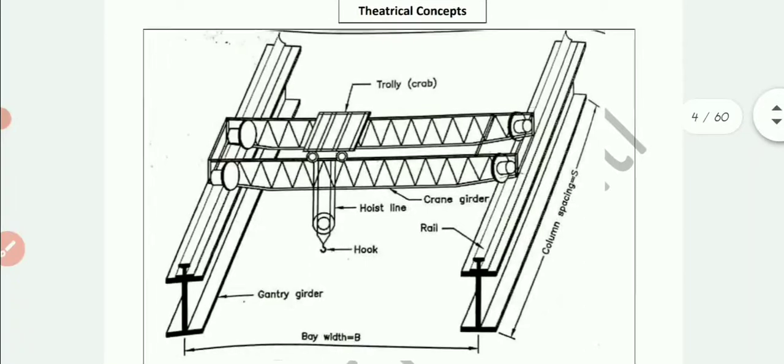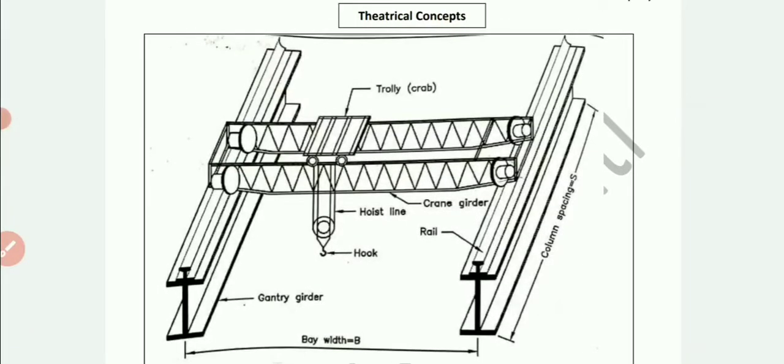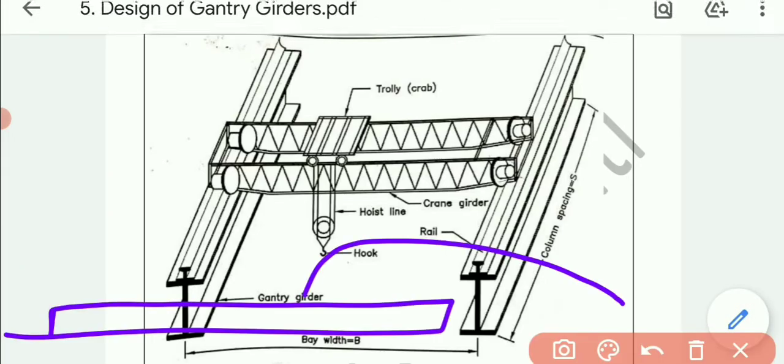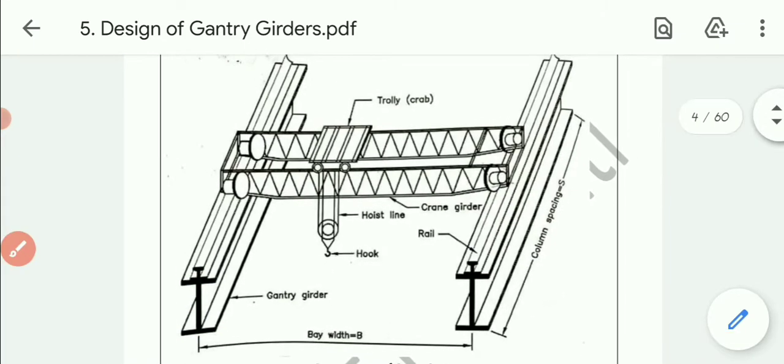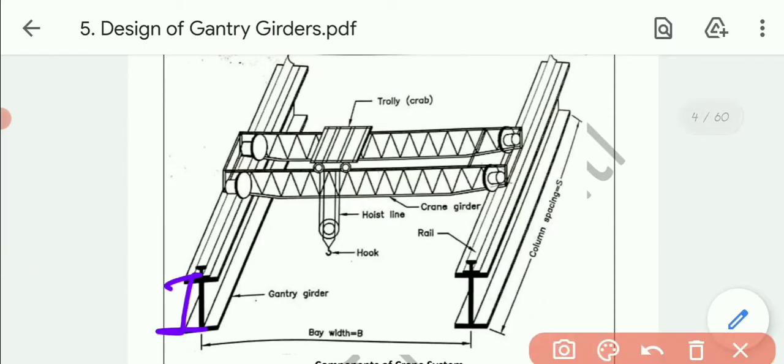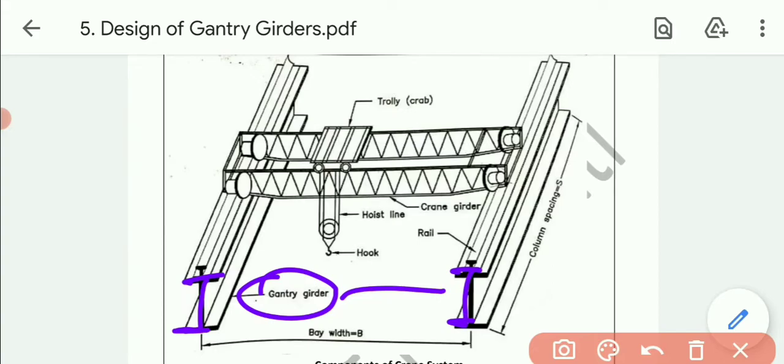As you can see, one figure is there. This is the main figure of the chapter, meaning if you're talking about the concept, all the concepts are there in this figure. This one is our gantry girder, this I section. Longitudinally, just a minute, let me zoom in. Now from the longitudinal point of view you can see from this view. From the cross section this one is our gantry girder, as well as this one too. So this is our gantry girder.